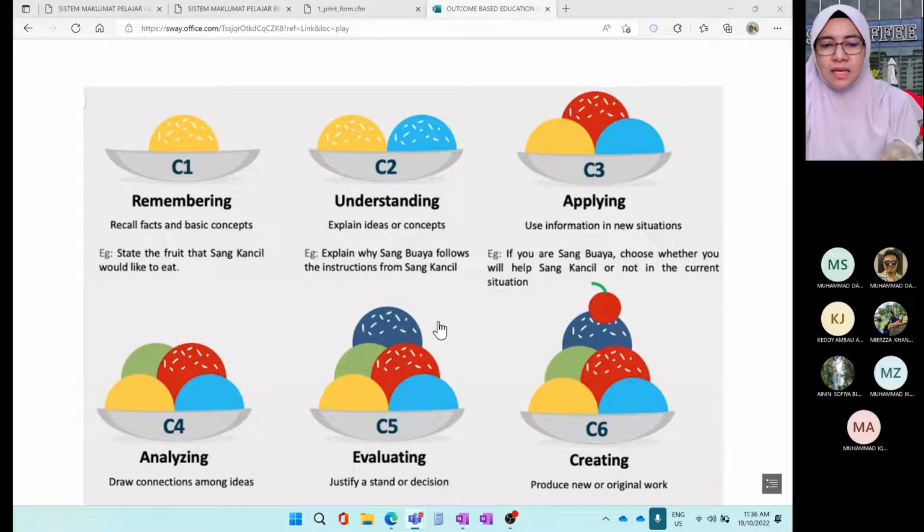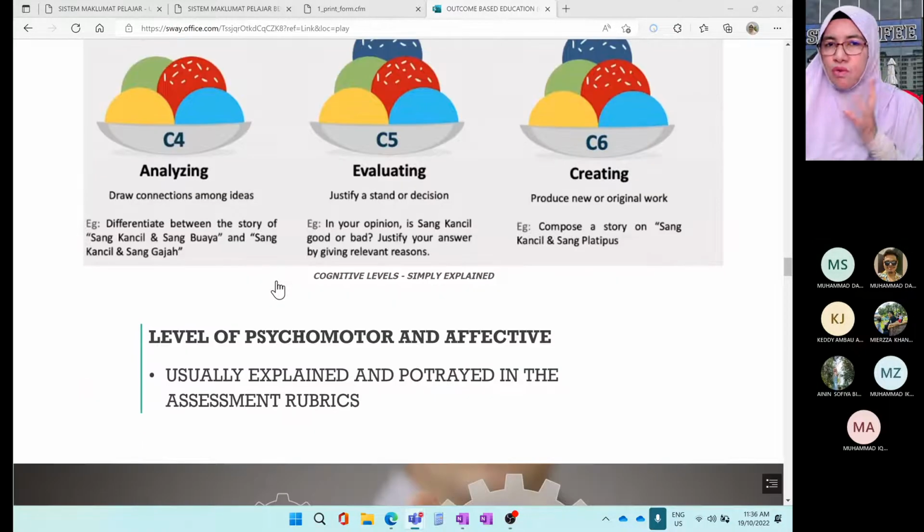Kat situlah ada elemen analyzing dan ada elemen evaluating. Kalau you just can give based on procedure, based on remembering, yang tu tak capai lagi level C4 and C5 tu. So yang ni yang akan ditanya masa exam. So exam untuk this course jaranglah kita tanya benda-benda yang remembering ni. Memang kita akan go for analyzing and go for evaluating. Evaluating means you evaluate and you need to justify whatever you do in order to get the outcome. Okay, so outcome, nama pun outcome based education, so kena fokus on outcome lah. Outcome. Okay, yang ni dah settle part ni.